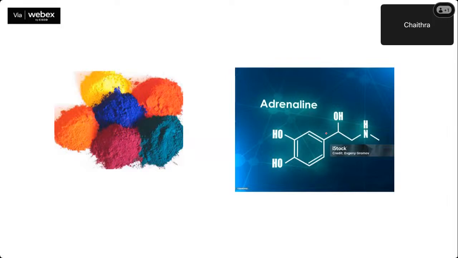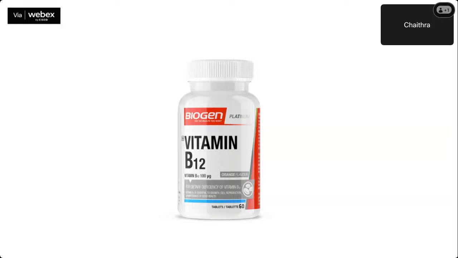And this is a hormone I have written in biology. You would have come across adrenaline. It is a fight or flight response hormone, right? See, you can see here nitrogen is present in this case also. And this is vitamin B12. All of you know it is very important for our life, vitamin B12. It is also called cyanocobalamin. So you can clearly understand that in this also an amine group is there, right?